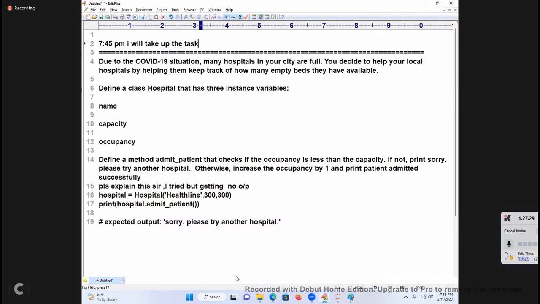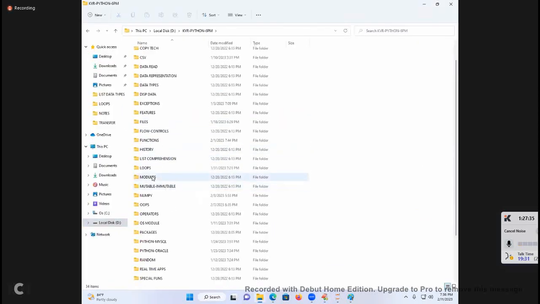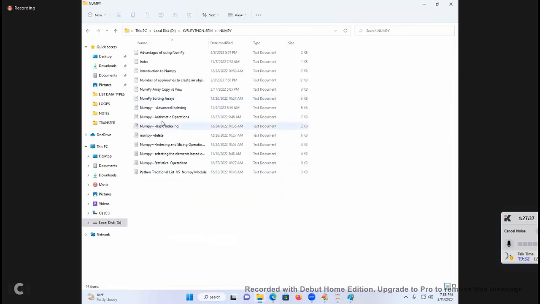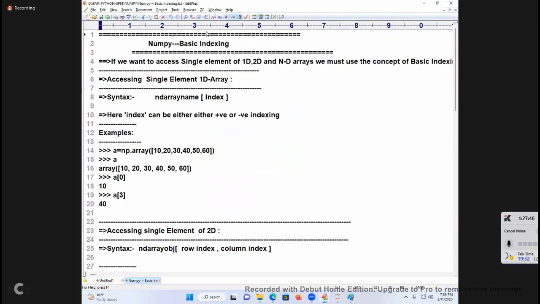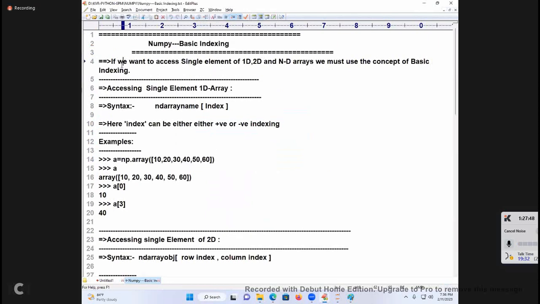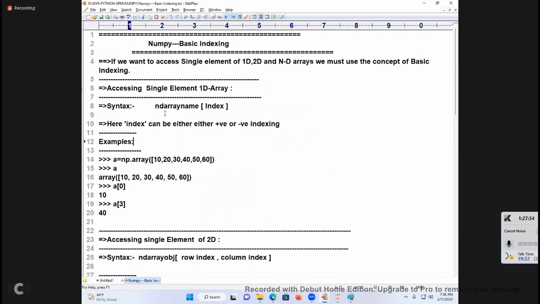students, here I am going to send you the information about this. Coming to NumPy, under that, here advanced indexing, I'll open it. First I will go for slicing, basic indexing. See students, basic indexing: if you want to access a single element of 1D, 2D, ND arrays, we must use the concept of index.